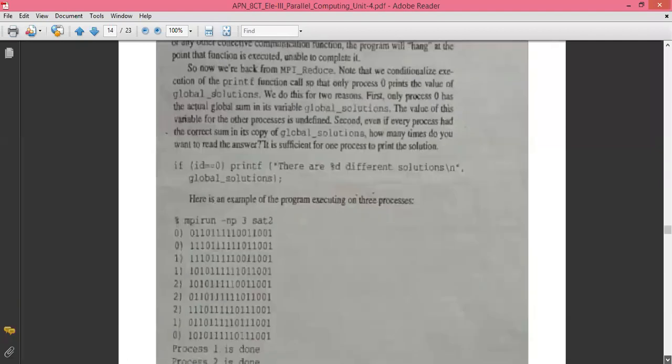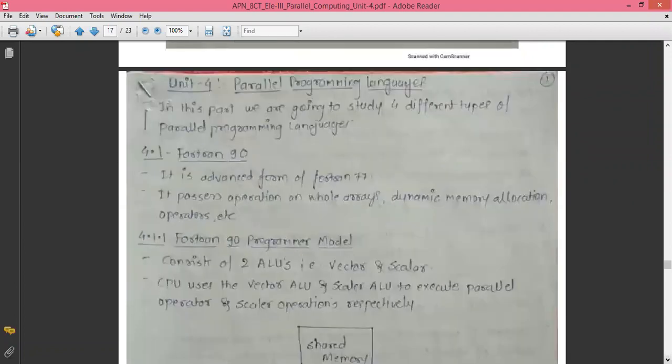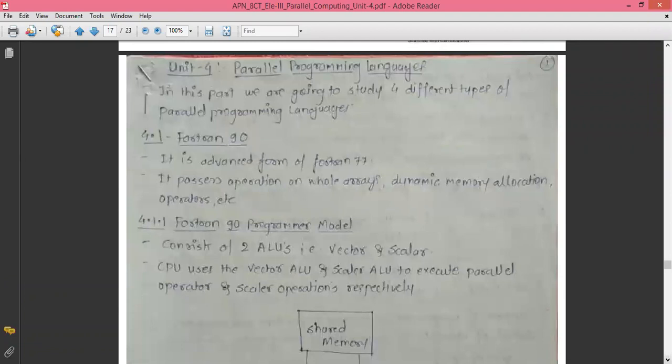Now we are moving ahead into unit number 4, and we are covering very important topics. The next one we are going to start with is parallel programming languages, the second part of unit number 4. In the second part there are 4 different types of parallel programming languages mentioned in your syllabus, and out of these, first we are going to study the Fortran 90 parallel programming language. These are programming languages which were previously used, or might currently still be used, by developers to write programs.